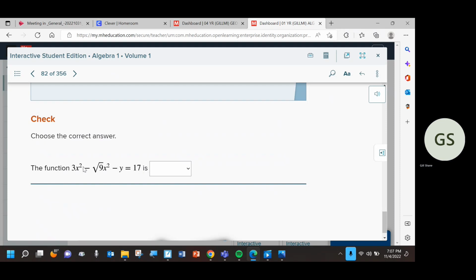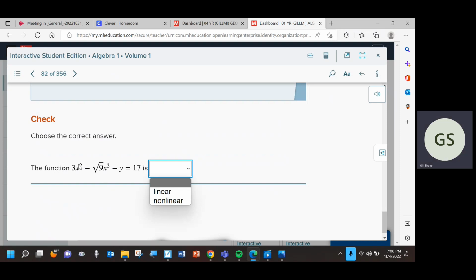Boy, I didn't notice this in class. I think this is actually a trick question. This is actually, I believe, a linear equation. What I didn't notice in class is that this will actually cancel out. This is 3x squared subtract, and then even though we have an x squared, we have an exponent of 2, this term is also going